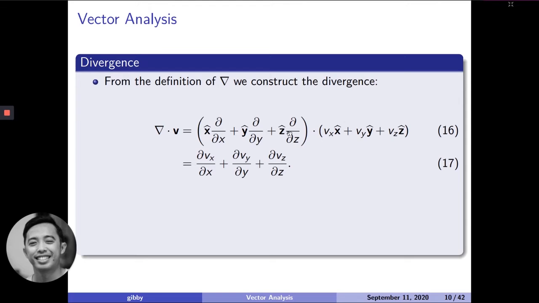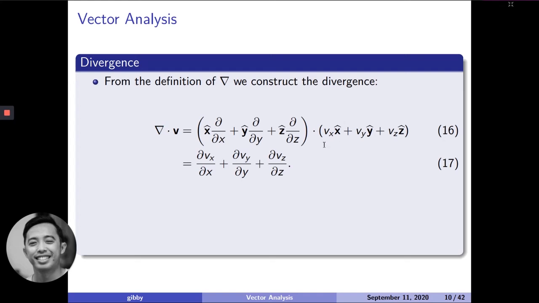Del is defined by this form, the gradient. We can use this expression: you have partial of x, partial of y, partial of z, dot with any vector. See, you have vx, vy, vz. This could be any example of a vector. It could be wind, it could be electric field, magnetic field. So if you dot that one,